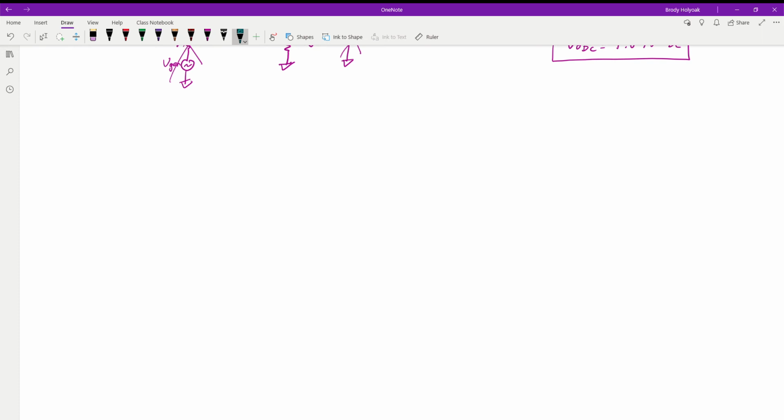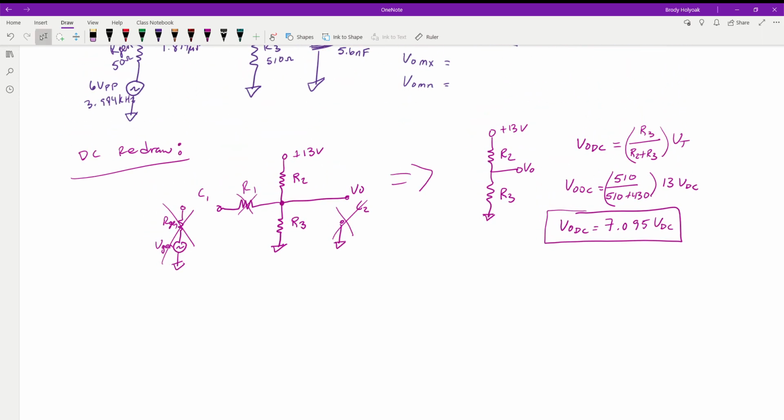Now one of the things, when we're looking at these, remember that when we talked about circuit theorems like Thevenin and Norton and superposition, we're doing the same thing. We're just looking at each individual power supply first and then going on to the next. So when we're solving for our DC portion, our AC portion is going to short to ground. In this instance, this actually should have looked like this.